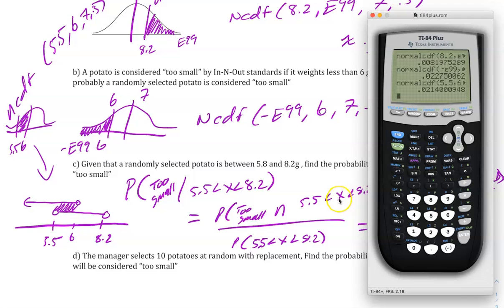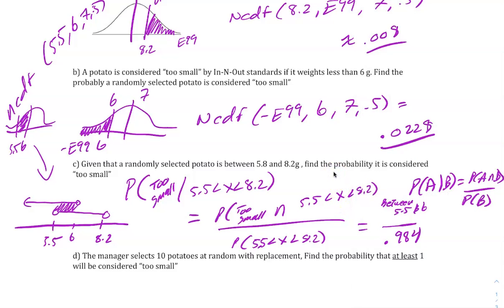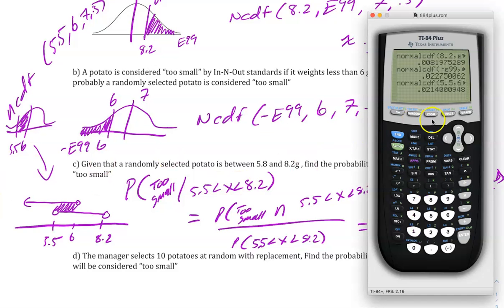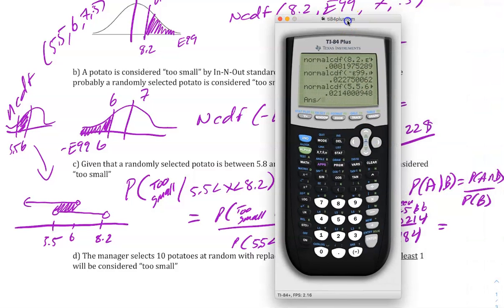And we get 0.0214. Then we divide that, so we're going to divide that by that, using our calculator, and get that answer. I'm going to hit the second answer this time to show you, so that's the answer. Then we're going to divide by the answer we got before,